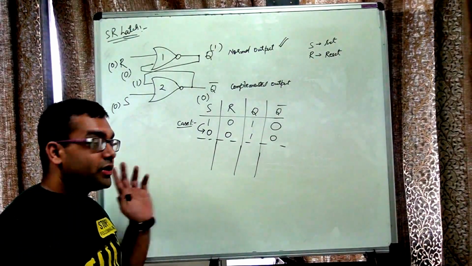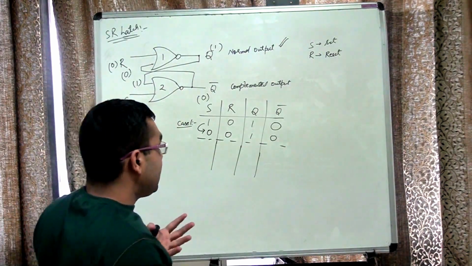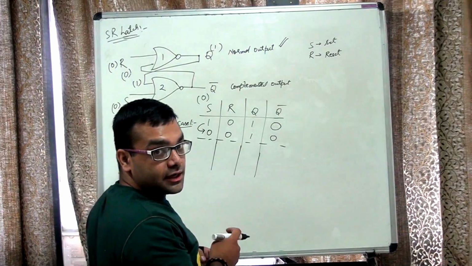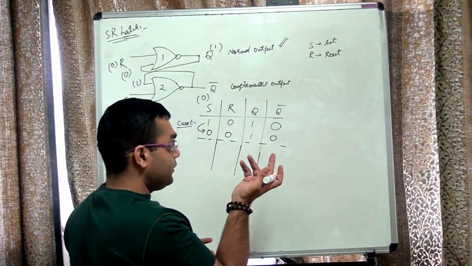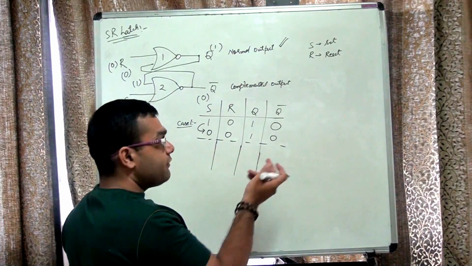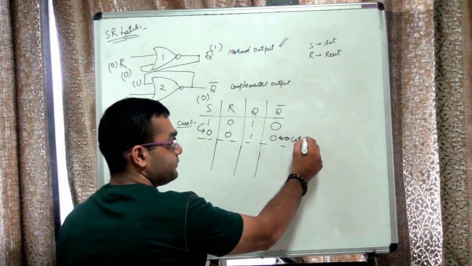We are done. So you can see that is why this circuit is called the latch, or the latching action. Once our output has been decided, if you change the inputs in a certain way, obviously not for every change, our output does not change. It gets locked, or latched.